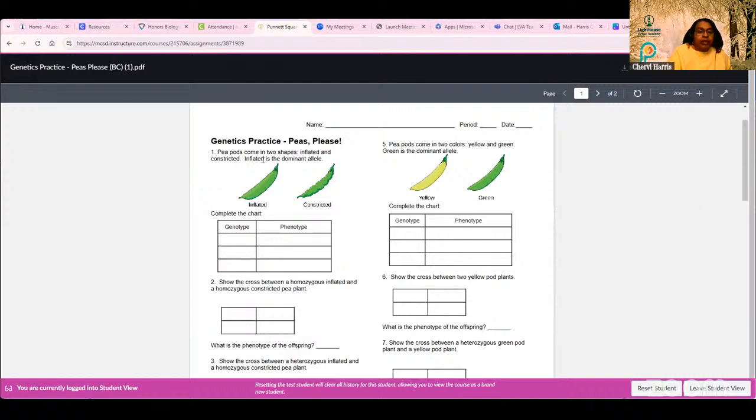So again, it tells you at the top that inflated is a dominant allele. So if you like, you can create the letter I as inflated and let the lowercase i be constricted. It's okay for you to pick a letter, but it needs to represent the dominant allele. On the second one,